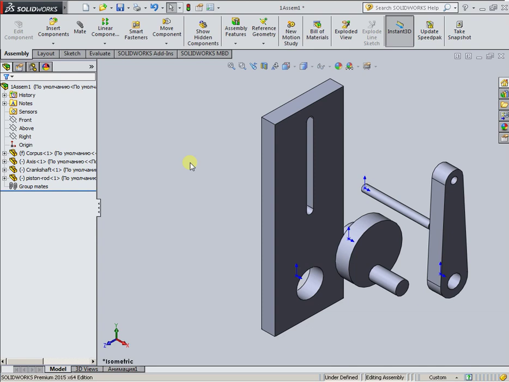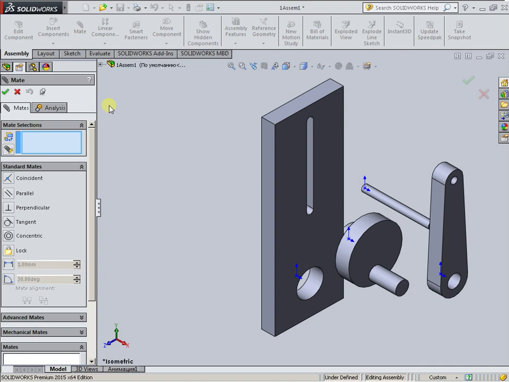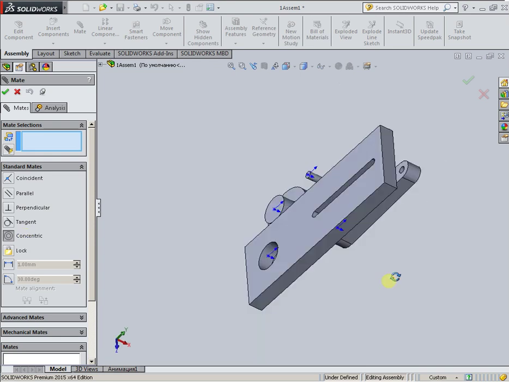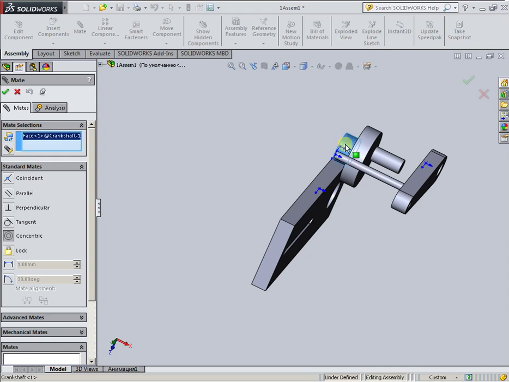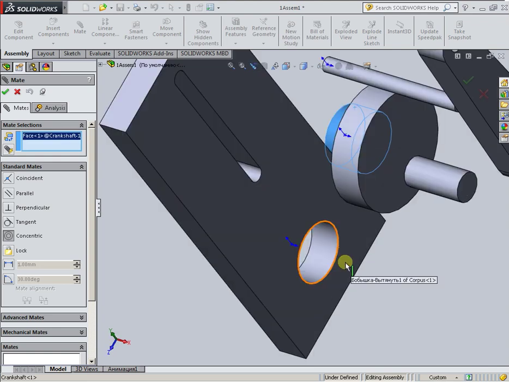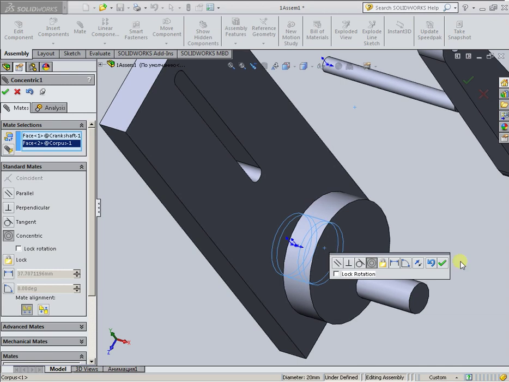By activating the command, specify the interface on the object. The list will appear in the window. Mate. I want to create a concentric mate. Select some surface, its cylindrical surface, and that cylindrical surface. Click OK